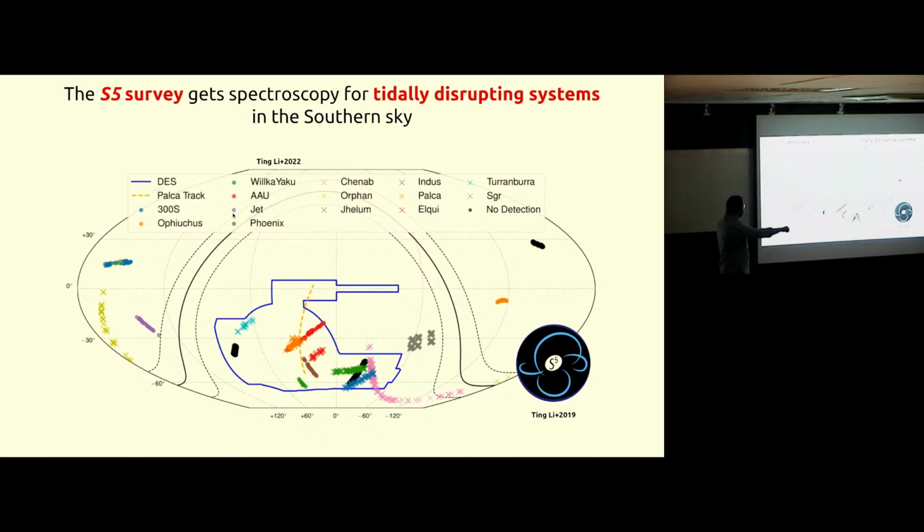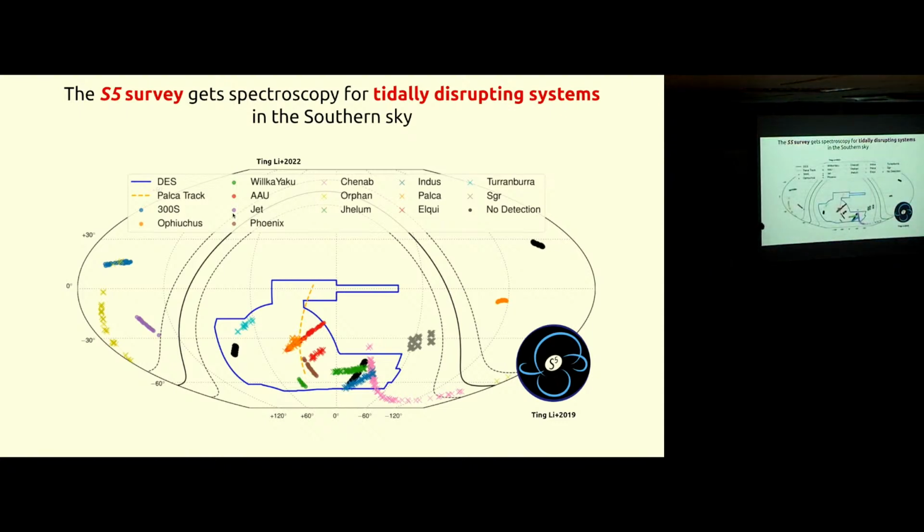So this is one footprint from a paper that was published, I think, in 2022. As you can see, we have this footprint that is really a bunch of these straight, elongated lines, which trace the elongated structures of stellar streams. So basically, we just go after everything that is tidally disrupting, and we do low-resolution spectroscopy with an instrument called 2dF on the Anglo-Australian Telescope, which is a 4-meter telescope.